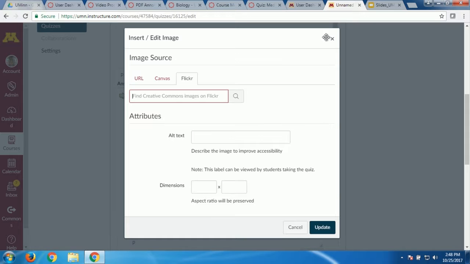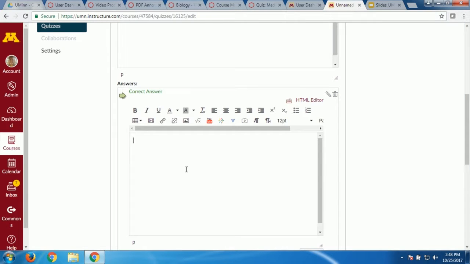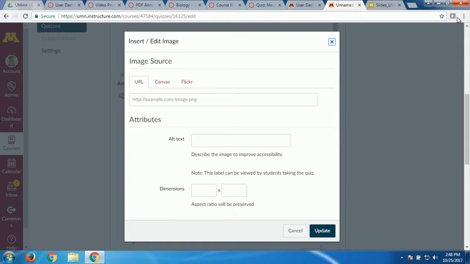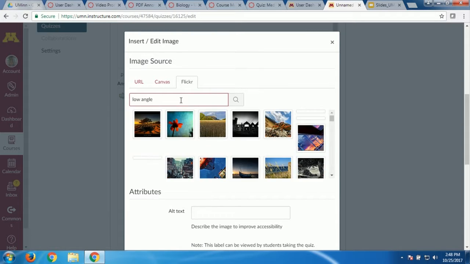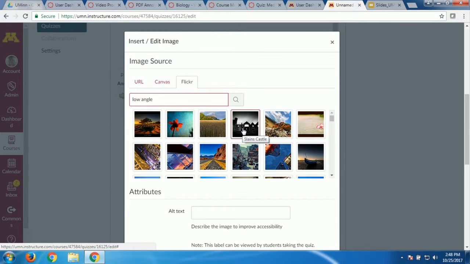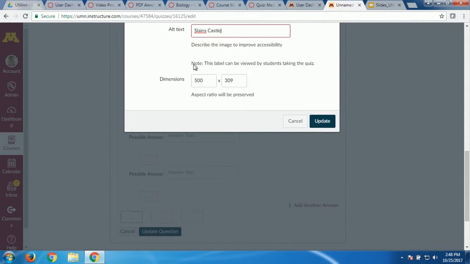Let's see if I can add a picture. There's a way to search for pictures, that little embed image icon. We haven't talked about that yet. Never enough time to talk about everything. Right here is this little embed image icon. It's a way to add pictures, or I could just go to my computer and add pictures too. I like Flickr. It's already integrated, so I can search for a picture. Let's type low angle. And I can find, here's a low angle shot, and use that if I want to.